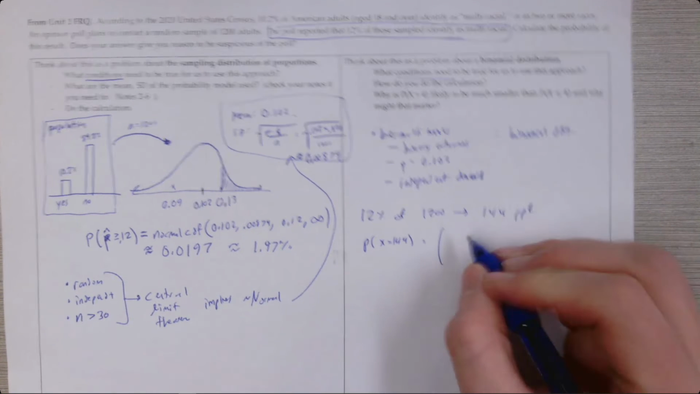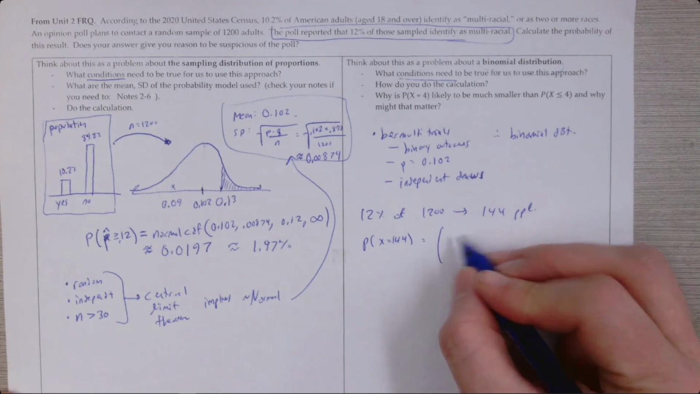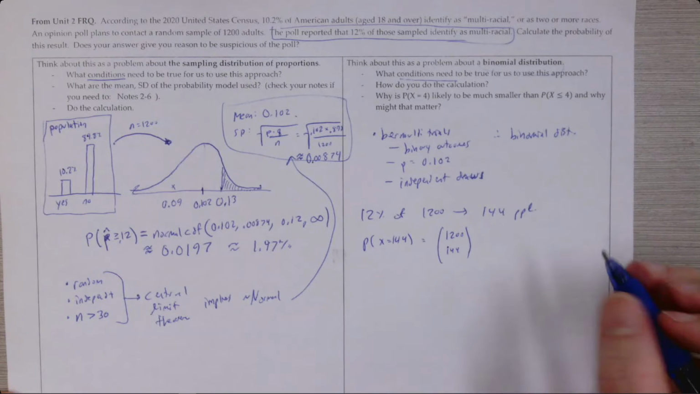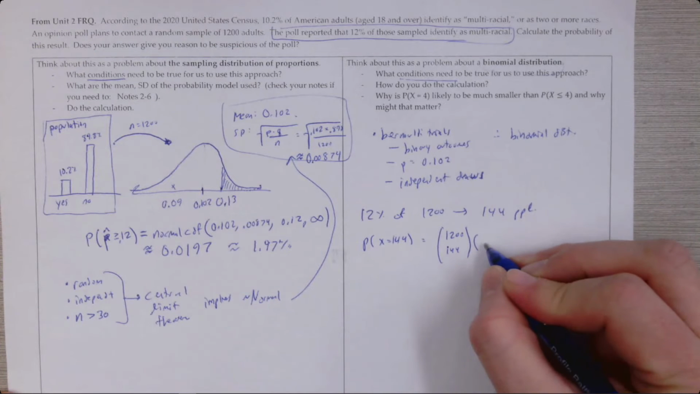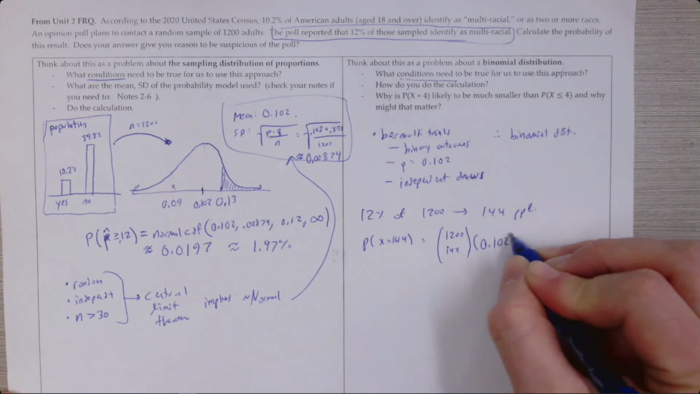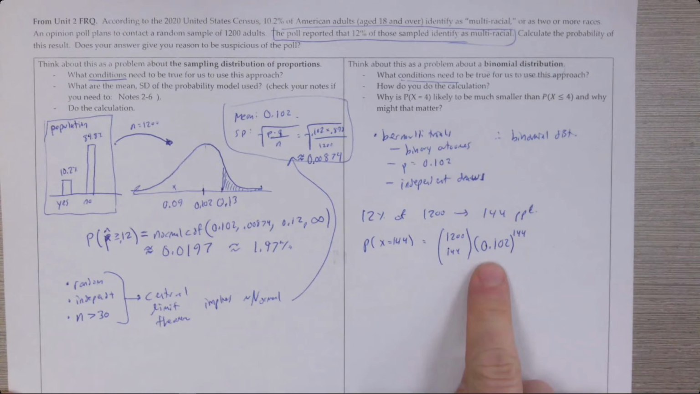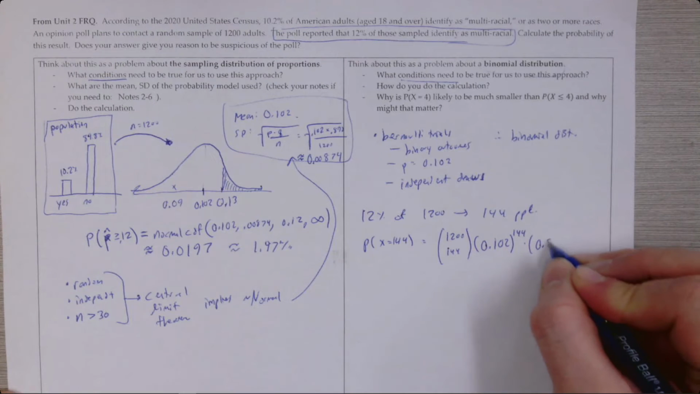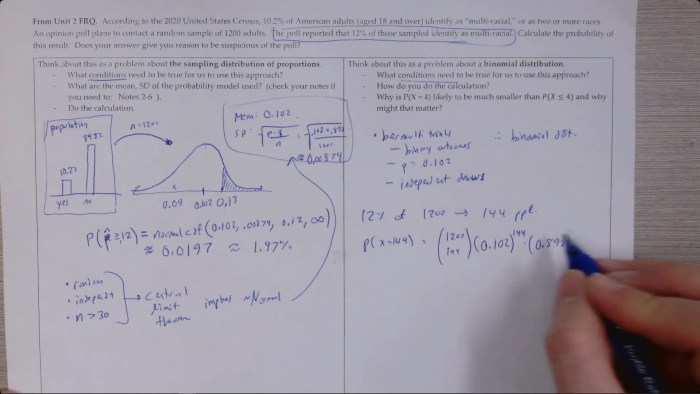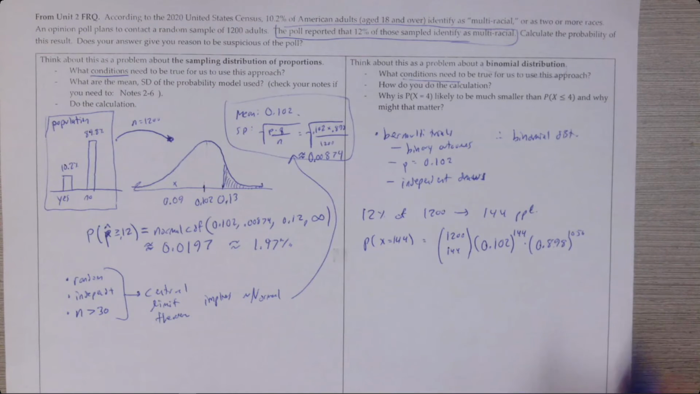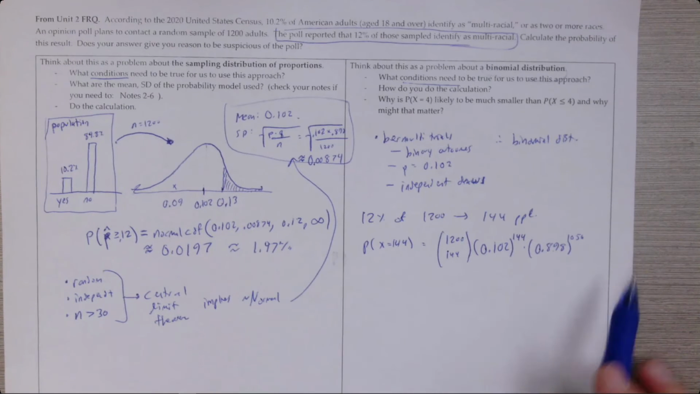And so you could calculate this exactly using the binomial formula. So you'd have 1,200 choose 144, because 144 out of that many are multiracial, times the probability of each person being multiracial, but then there's 144 independent cases where that happened, times the probability that they're not, times whatever 1,200 minus 144 is, which is 1056. So you could calculate this probability,